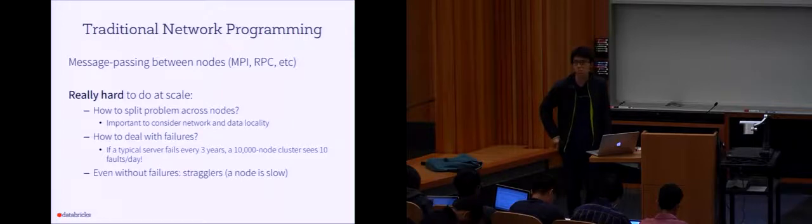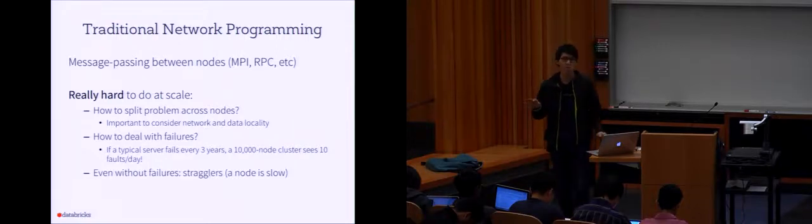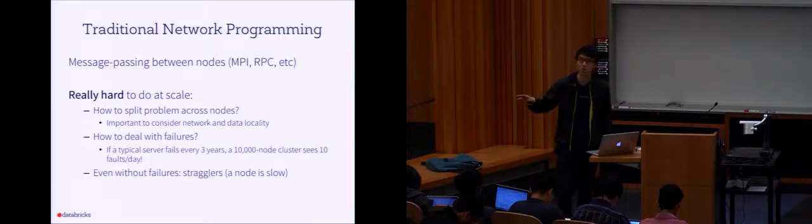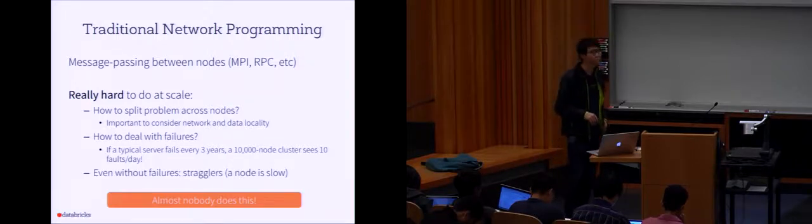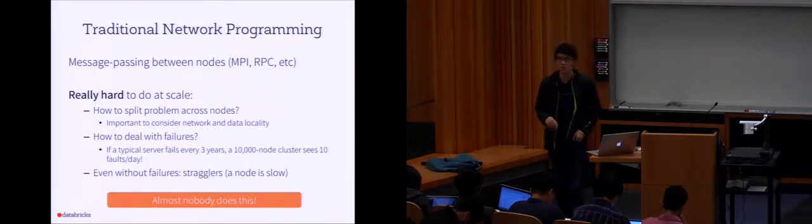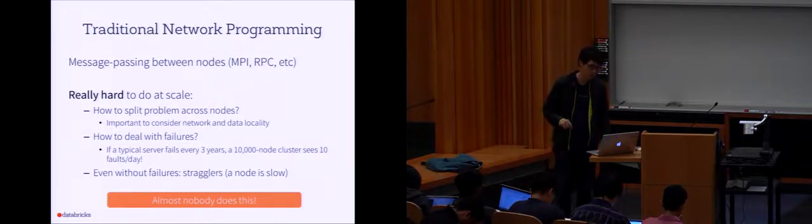It actually happens quite commonly. If you just launch maybe 100 machines on EC2 and run some random benchmark on it, you'll probably realize one or two machines are much slower than the rest of the 99 or 98 machines on EC2. Because of that, I think in practice, except for the people doing scientific computing, nobody is doing network programming using RPCs and MPI at the application level anymore.